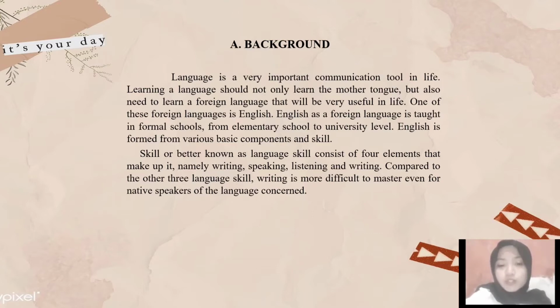But in fact, most Indonesian students could not learn English well, especially in writing. It is usually indicated when they write a paper or thesis in English. Many students make mistakes when they write a paragraph. Not all students have the skill in pouring out ideas when they write a paragraph. It is because they do not have interest in studying writing skill.